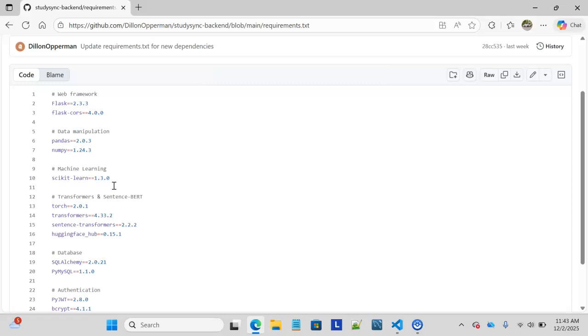For authentication, I'm using PyJWT 2.8.0. It's used to implement JSON Web Tokens. I'm using bcrypt 4.1.1, a library used for password hashing, instead of just storing raw passwords in the database, which would be kind of sketchy considering anyone can access the database, or something like that could happen. That way, if someone does access the database, they don't understand what they're actually looking at. For utilities, I use